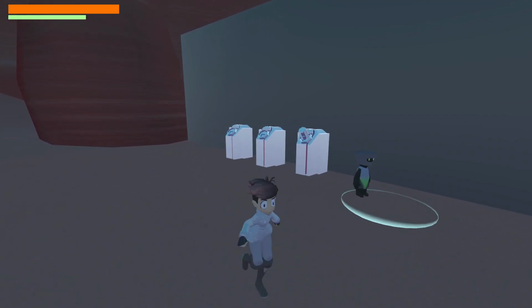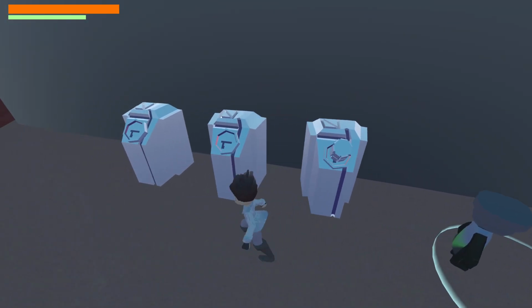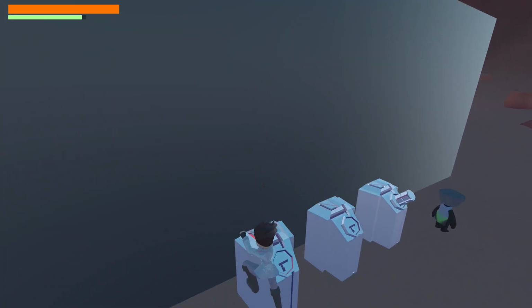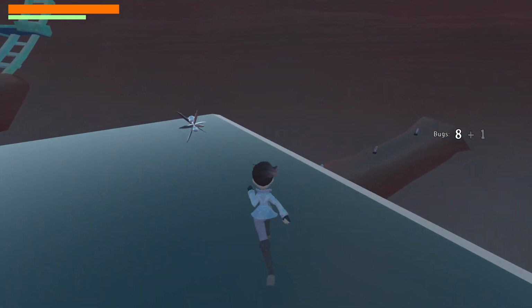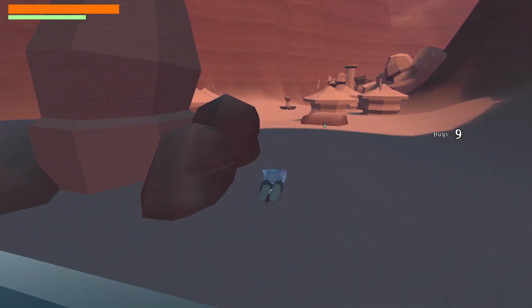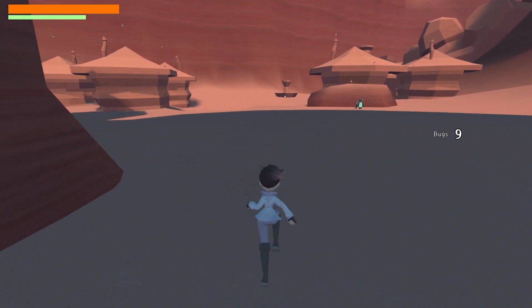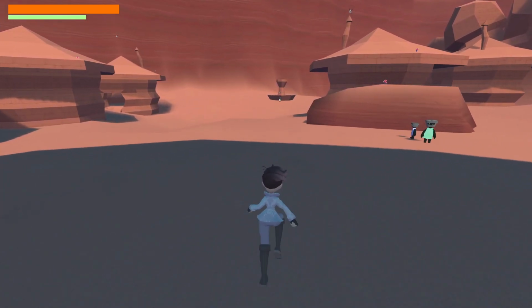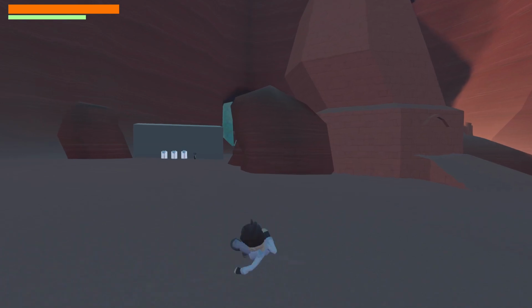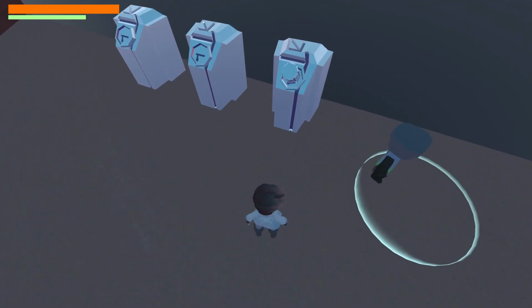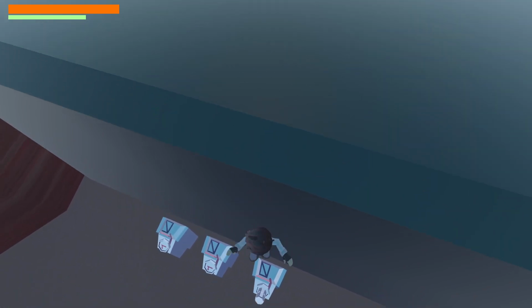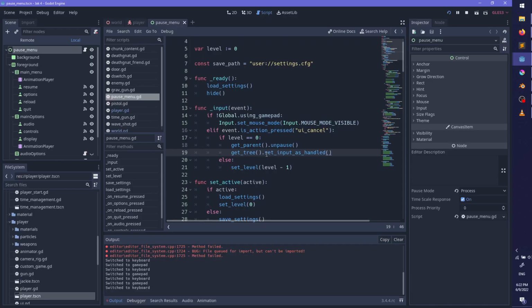I was thinking of if I want dialogue for when the player finds their first capacitor, which I think is probably going to be useful in the long run, but I don't want to write it right now. Okay, so the player, well, I probably should. Yeah, I'm going to actually write it right now.